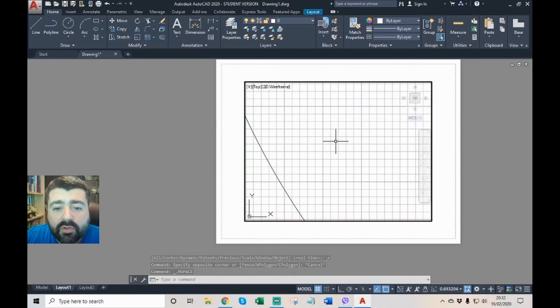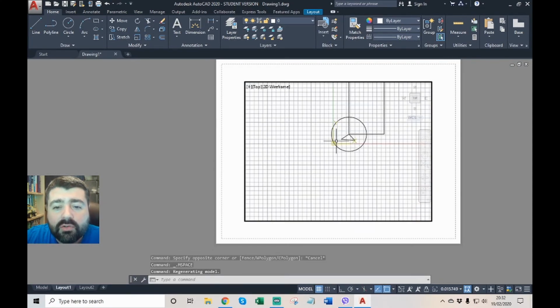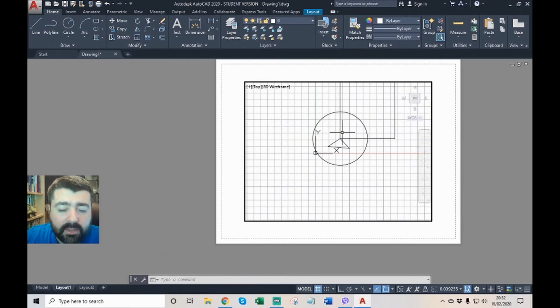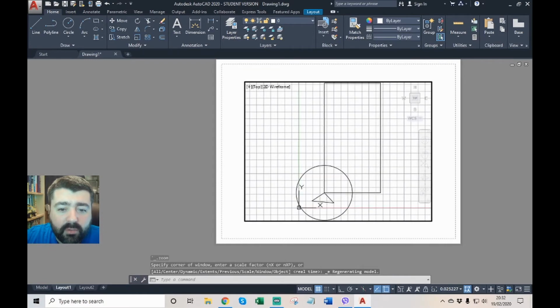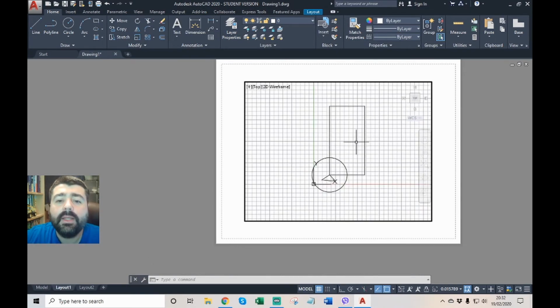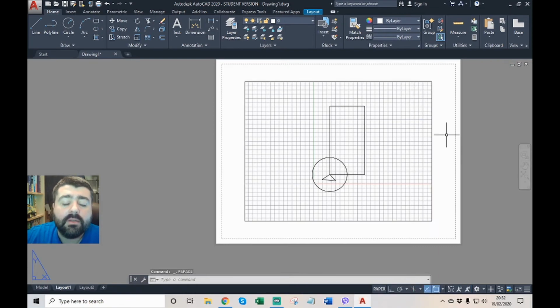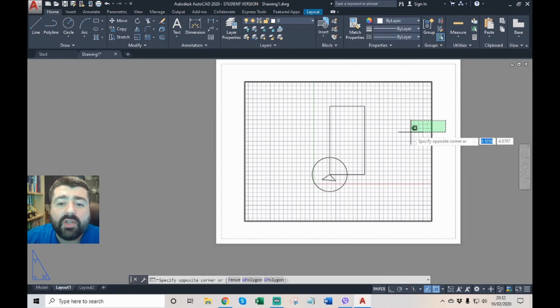Now if you scroll with a mouse wheel, you're actually scrolling in model space. You're changing the scale of this viewport. So if you do the double mouse click in there, it zooms to the extents of everything you've drawn in model space. So now you can see everything in your drawing. And the whole point of AutoCAD is you draw everything to scale in model space, and then you change the scale in